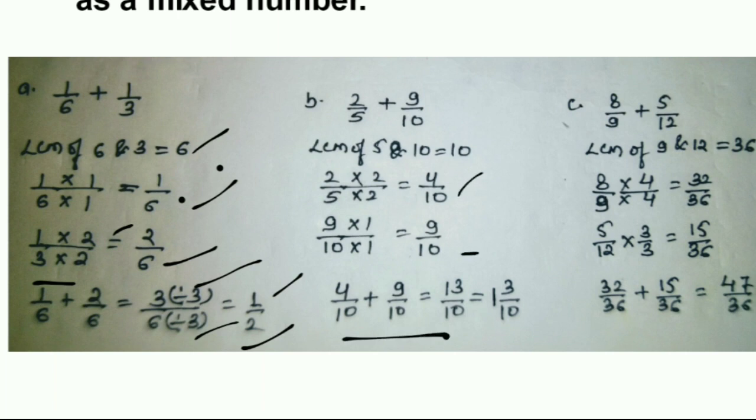In this one all the things are the same. See, after this, while adding, 4 plus 9 is 13. 13 upon 10 is an improper fraction. An improper fraction means we have to convert it to a mixed fraction. So how will we convert it? Read the 10 table. 10 ones are 10. Okay. So 1 will come in the whole place. And 11, 12, 13. 3 are remaining. So the remainder will go to the numerator place. Clear? And same question here.